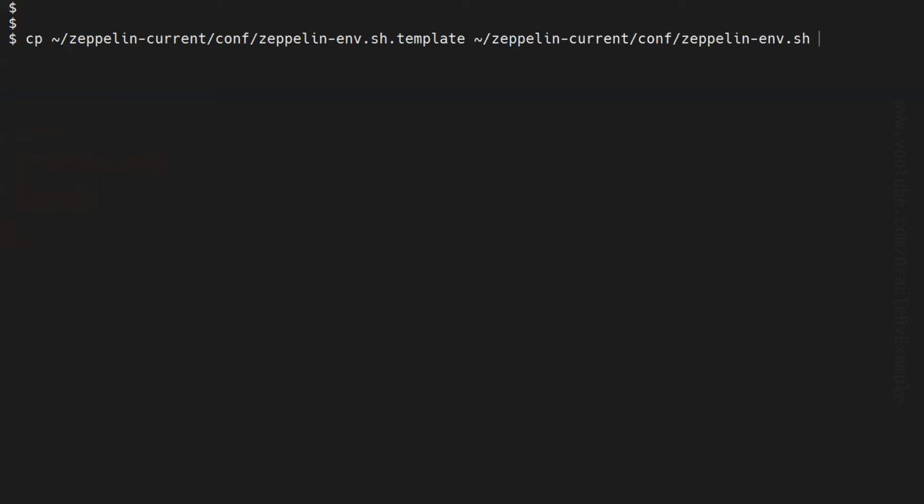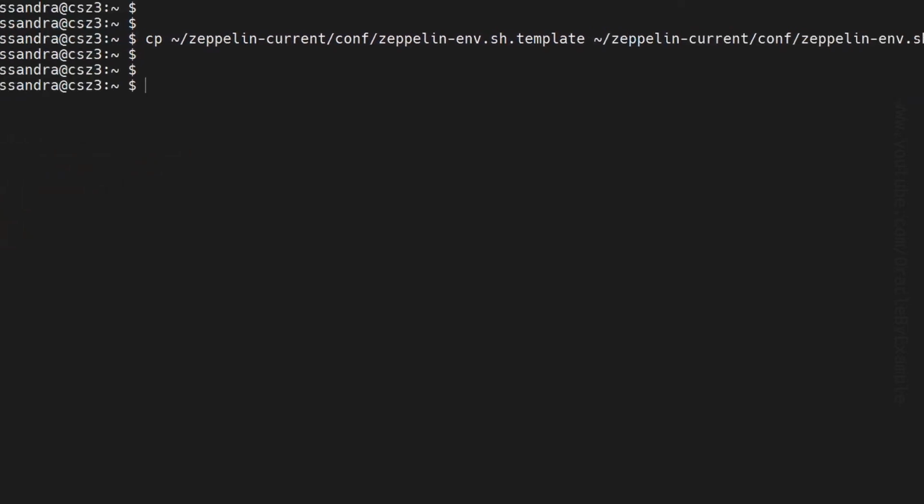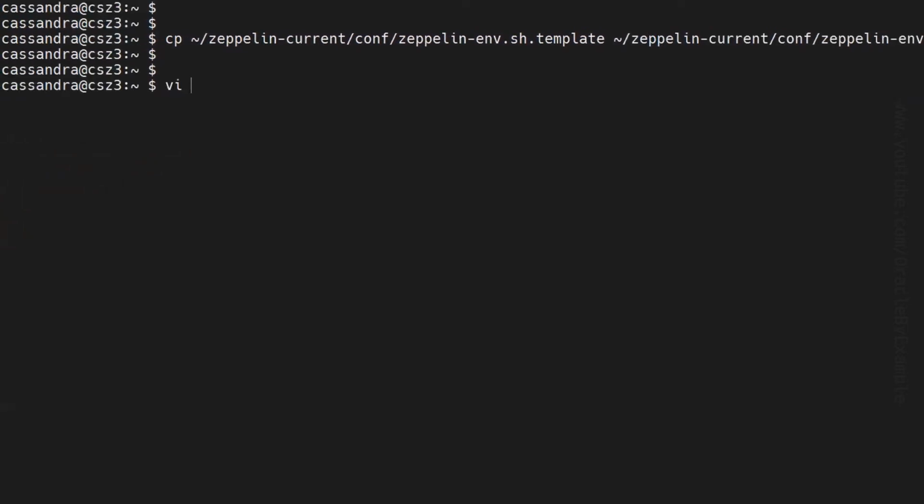Zeppelin software comes with a template for the zeppelin-env.sh file. I will make a copy of that. I will now modify my zeppelin-env.sh file.